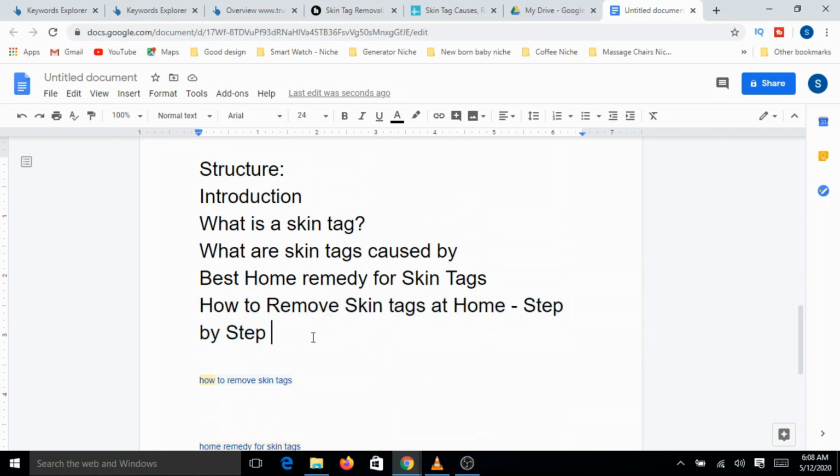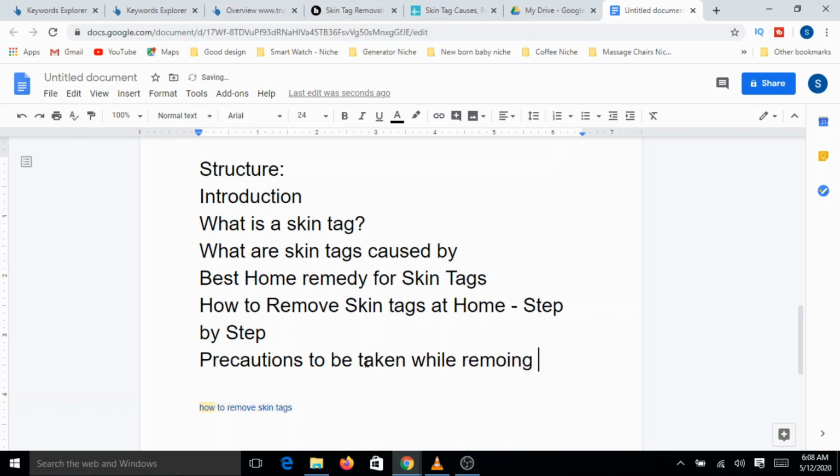Now finally, typically for these kinds of remedies, again this is a common sense experience, I always keep something called precautions, because whenever you are following a certain process, especially related to body, health or fitness, precautions should be taken while removing skin tags at home.